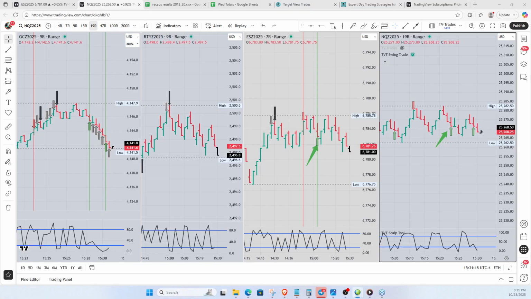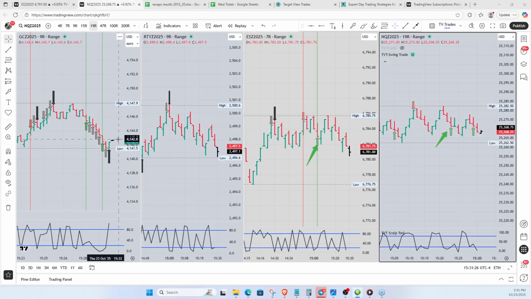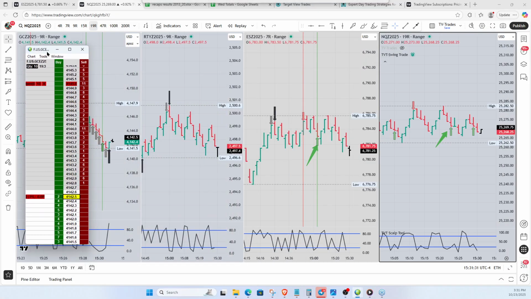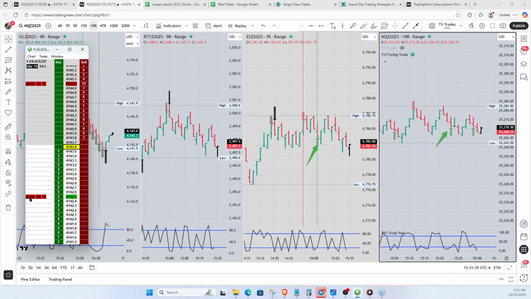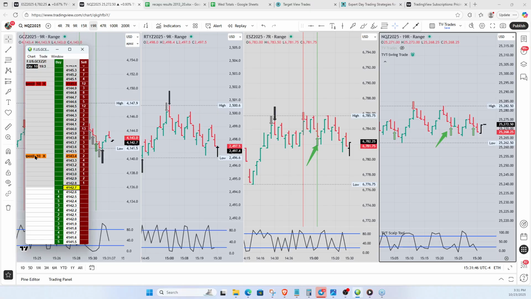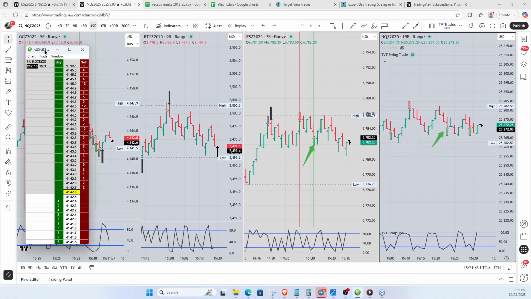Okay, so the swing trade is still looking for an up close on the gold. The scalp actually gave you one, but the swing trade is still looking for the up close. So if you get an up close on this bar on gold, it's going to give you the swing trade on top of the scalp. There it is right there. We'll go with that one. And over here on the NQ, the 19 range gave you just the scalp trade. Now this just bumped to, I'm going to lock in 5 ticks on that. I was going to lock in more, but it just took me out.